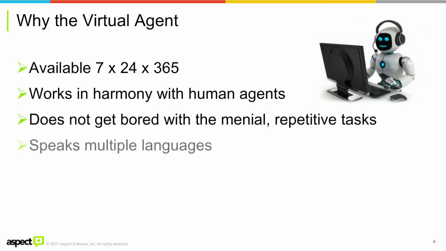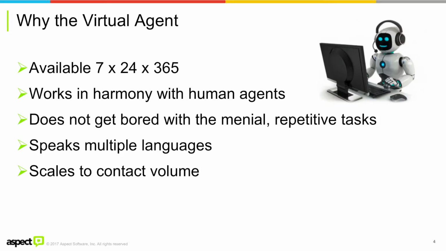It's a lot easier to have an AI that can handle multiple languages than it is to staff a human being that can speak multiple languages. And if your customer base is multilingual, you need to be able to cover that. And you can have something that will scale to contact volume, which means when nobody is coming in, we don't need to be paying for it. But when there's a sudden surge, it can scale and it can handle that.